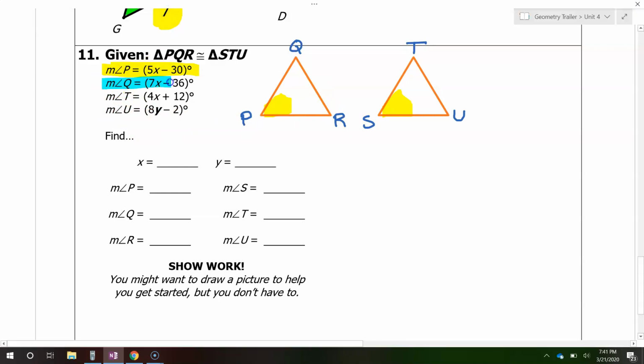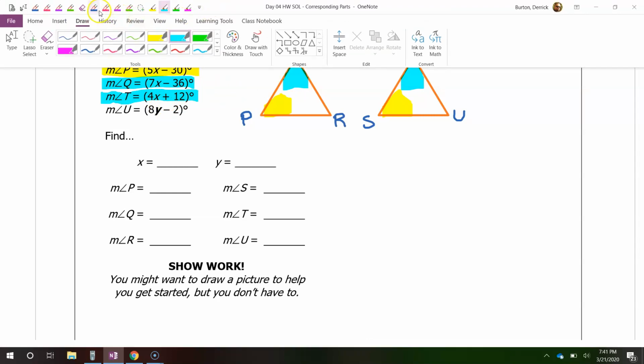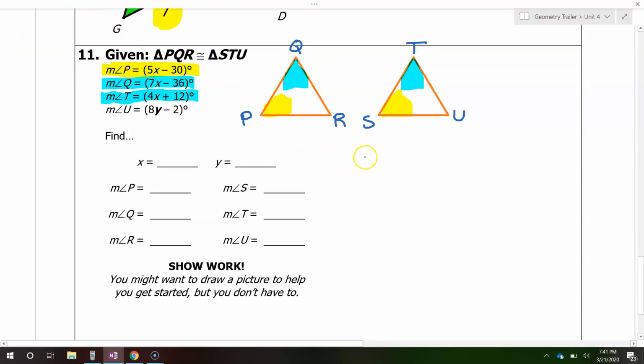Angle Q, we have an expression for angle Q. Angle Q is congruent to angle T. You can see because of the way I have it all nicely lined up. So those are congruent. But look, we have an expression for angle T right here. Those should be equal to each other. So I'm going to stop right there and use that information. So these two blues should be equal. So let's go ahead and set them equal to each other. So that will give us